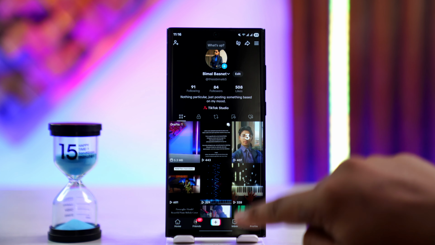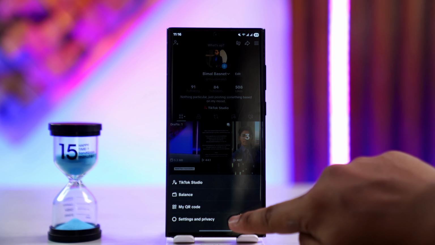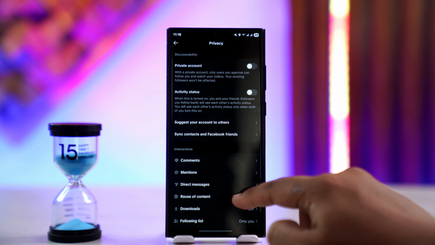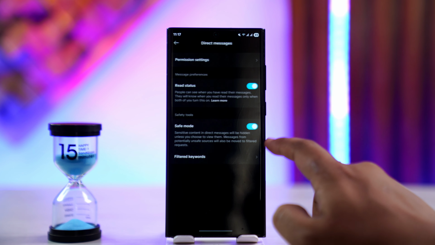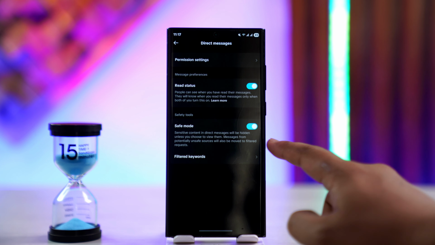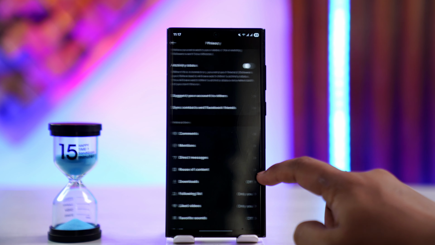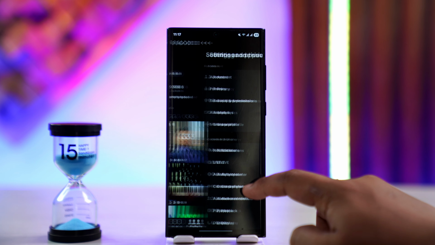You can also check this setting yourself if you just come to your profile tab, tap on the three lines icon from the top right hand side, and go to settings and privacy. Then from there you can go to the option called privacy, and here you can see direct messages, and you can choose to allow or not allow direct messages from other users. So unless that is the case, you can try to message other people and see if that actually helps you